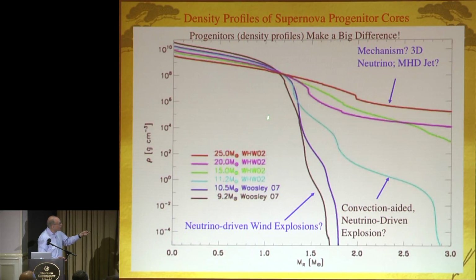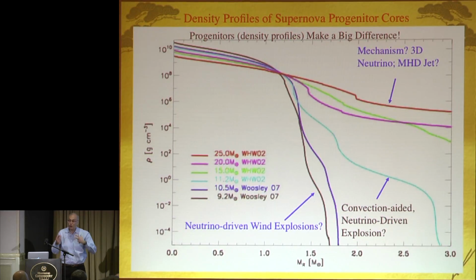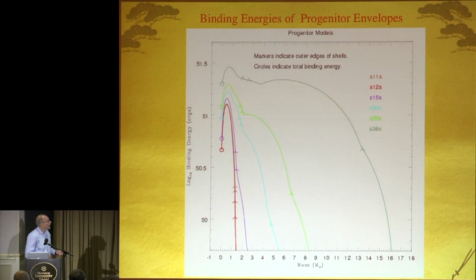And these density profiles are very different. This black curve is the one that gives us the wind-driven model, but these others don't. And so this is going to give you a different accretion regime for that standing accretion shock that we're trying to re-energize into an explosion, and it makes all the difference. It's also the case that generally people ignore this.